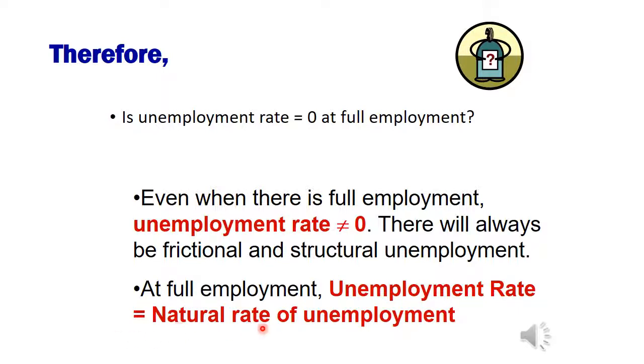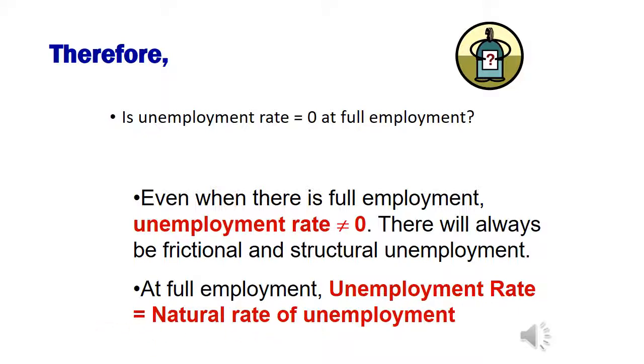The reading is taken at full employment output, although structural and frictional unemployment is there across the entire output spectrum. Whoever is not employed because of frictional and structural unemployment forms the natural rate